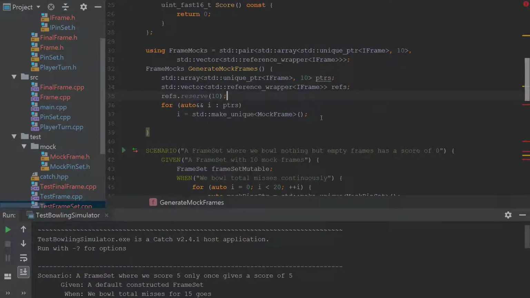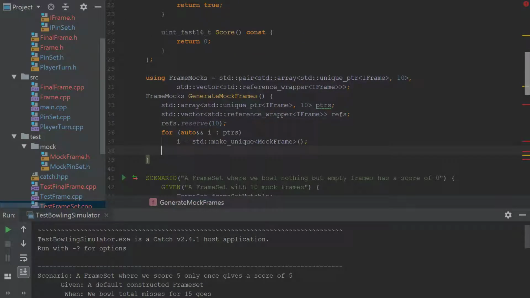Might as well reserve 10 because why not? It's a little bit more test code than I like, but it's fine. And actually we can bung it in here as we go. So this, and then we can do